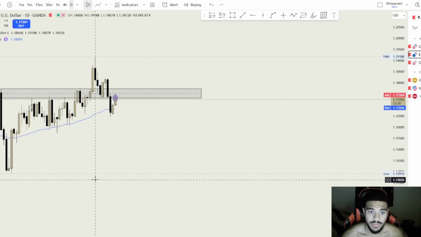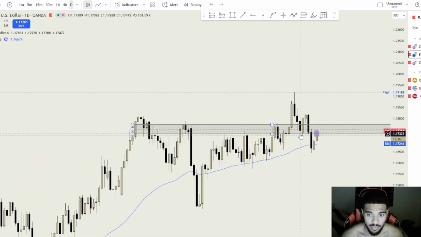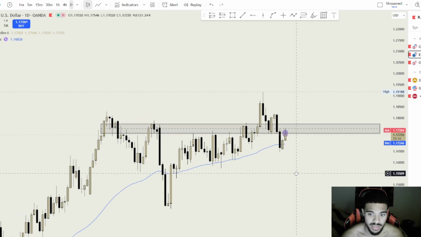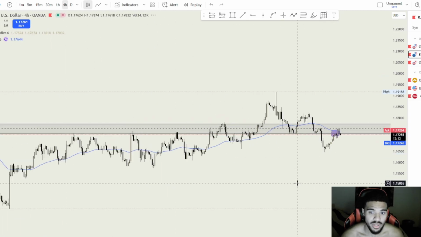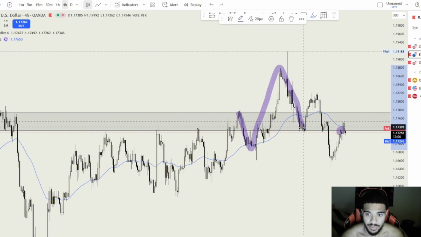Okay, for me, it's creating a head and shoulders: left shoulder, head, right shoulder. It broke structure points, came back up and retested. 4-hourly time frame, a lot of the same. See, left shoulder, head, right shoulder. So I draw it out, bang bang, head and shoulders. It broke the structure point. It's come back up to retest. I think the price is going to continue to go down.